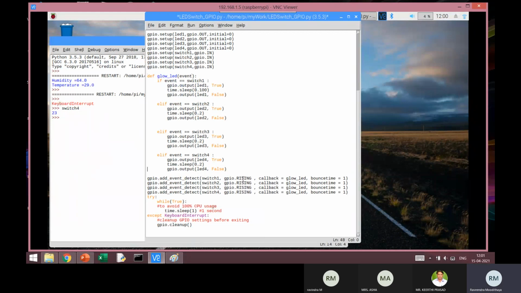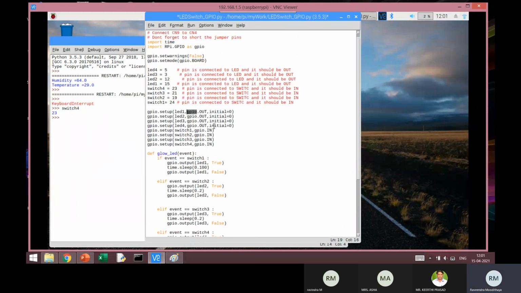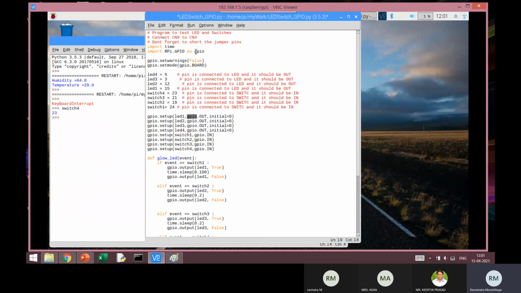So a very important thing is these keywords have to be typed as they are in capital letters, because that is a possible error in typing. And here, IN and OUT have to be typed as they are. Then this GPIO, because I have given GPIO in small case here, it is small case. Had you given capital case, this would have to be in capital case.